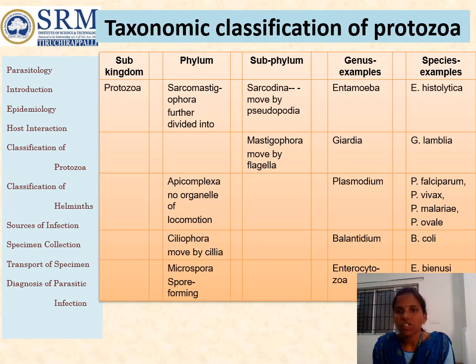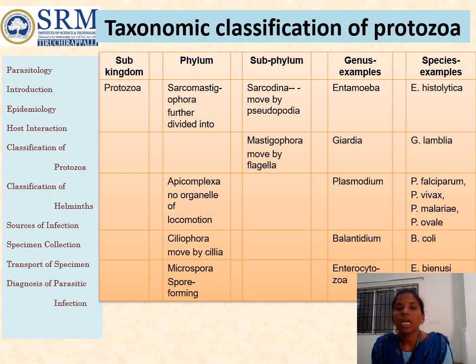And the taxonomical classification of protozoa means protozoa is classified into four phyla. One is Sarcomastigophora, the second is Apicomplexa, the third is Ciliophora, and the fourth is Microspora. The phylum Sarcomastigophora is divided into two subphyla. One is Sarcodina and the second is Mastigophora. Sarcodina move through pseudopodia and Mastigophora move through flagella. An example of Sarcodina is Entamoeba histolytica, and for Mastigophora, flagellated protozoa, an example is